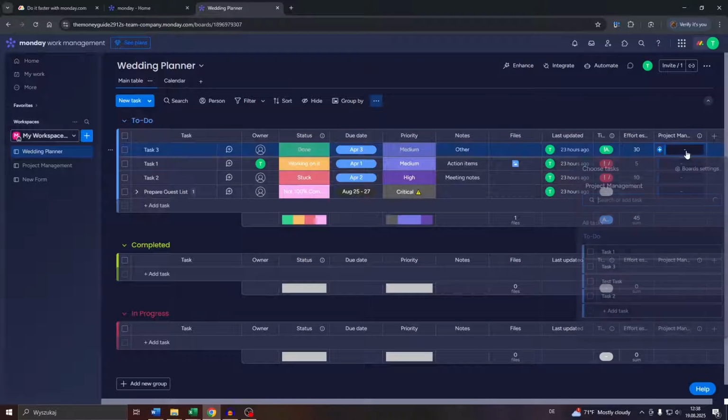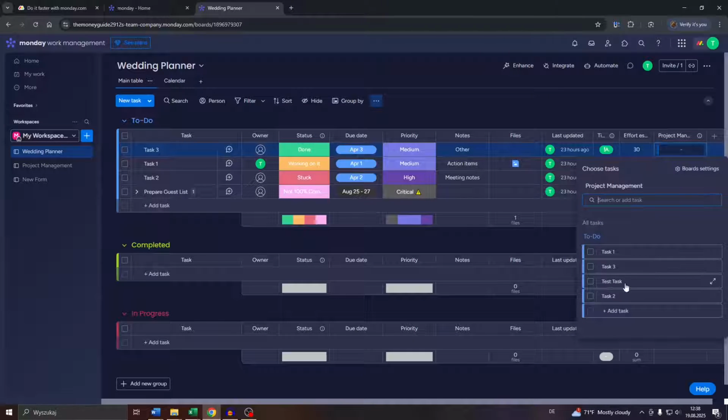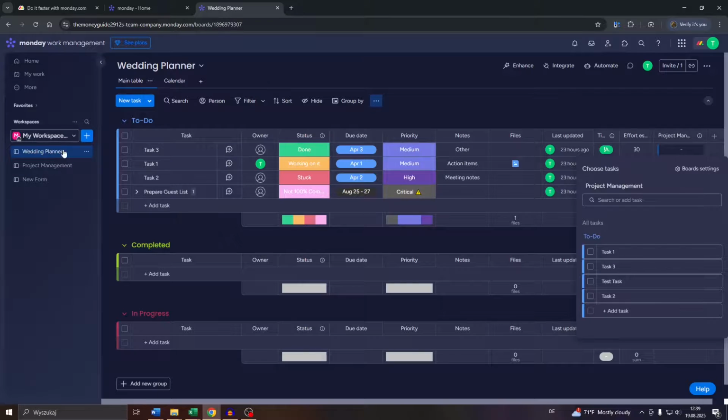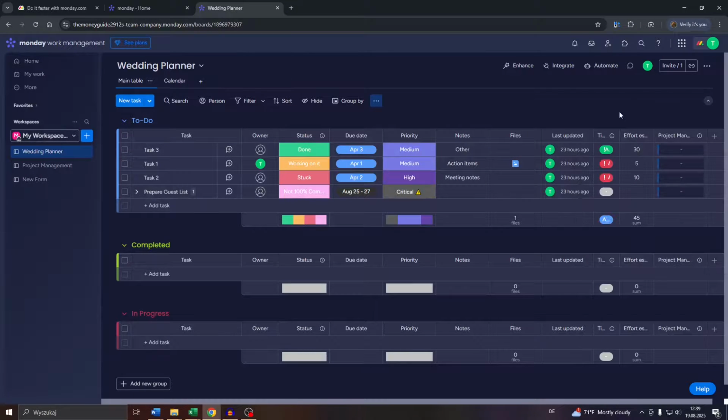So if I click on that cell here, I will be given access to that task. Let me click on it, and here you may set, for example, a status for the given task, or priority, or due date, and manage your tasks through a separate board through that column. And that's how you connect 2 or more